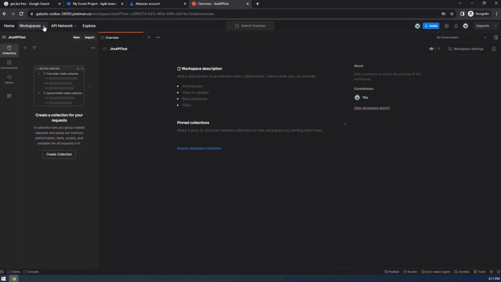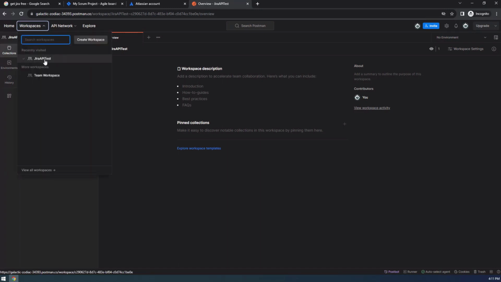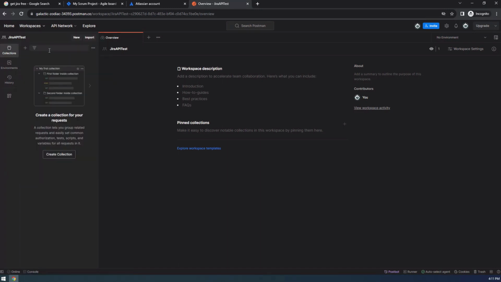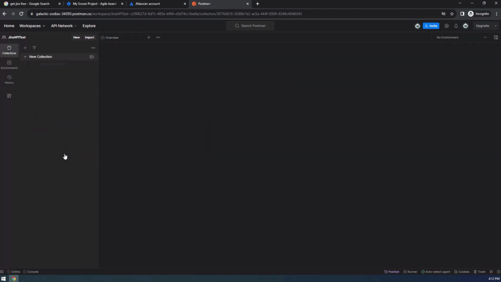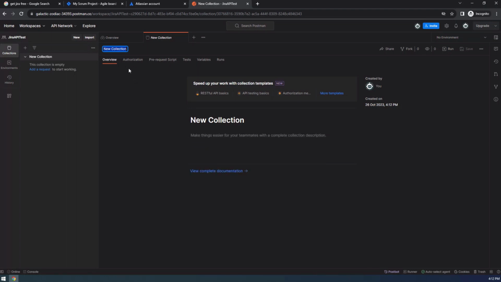Now when you click on this workspace, we're going to see the name. This is where all our collections will be. You can see it's empty outright. Here you can create your collections, and from here you get your collection name and all that. So this is pretty much on signing up with Postman, and the little you need to know to actually start working with Postman. Postman is not difficult, so we are going to start working with it